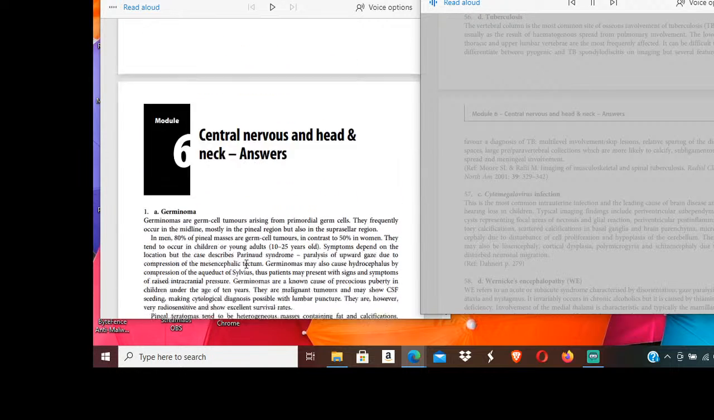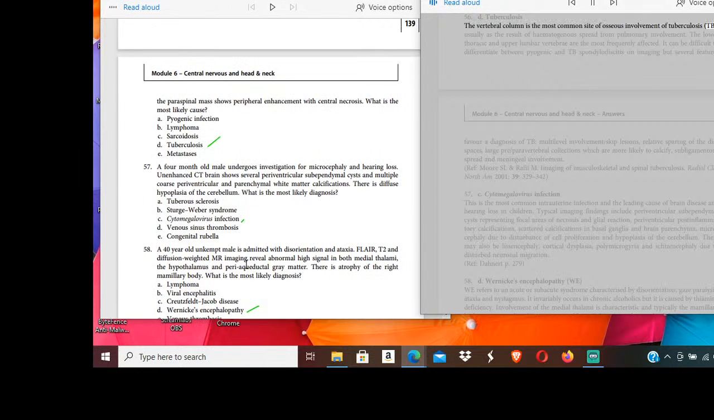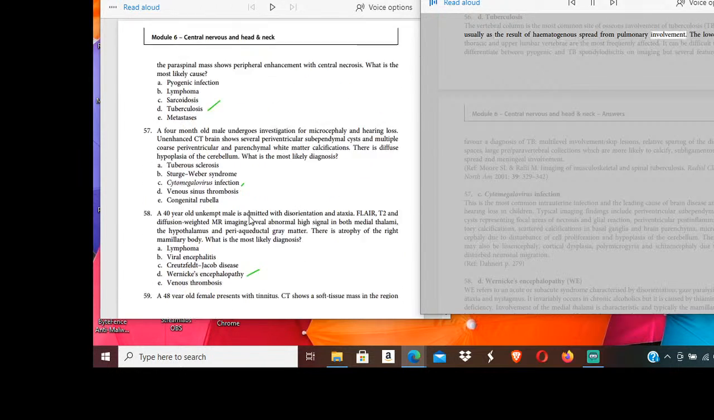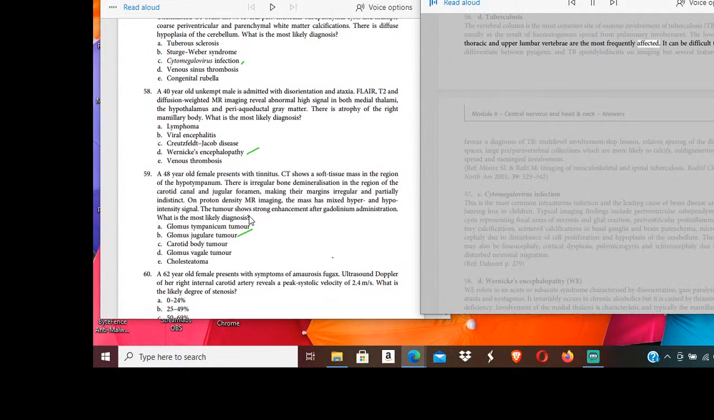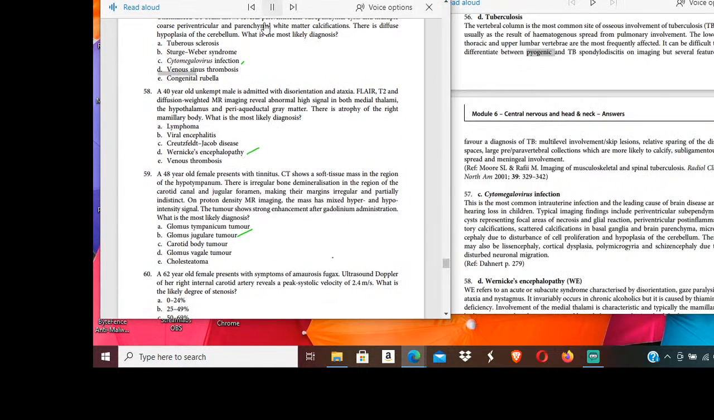56. D. Tuberculosis. The vertebral column is the most common site of osseous involvement of tuberculosis, TB, usually as the result of hematogenous spread from pulmonary involvement. The lower thoracic and upper lumbar vertebrae are the most frequently affected. It can be difficult to differentiate between pyogenic